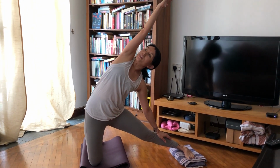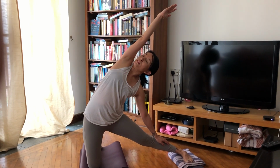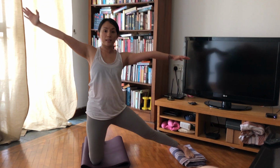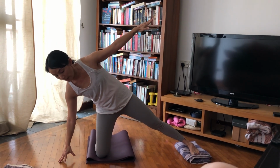And from here, I'm just going to turn and lift my chest up towards the ceiling. And from here, release. Now I'm going to extend towards the opposite side and just cup my fingers down in line with my